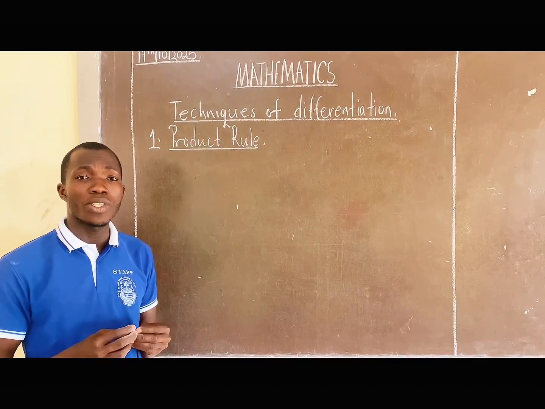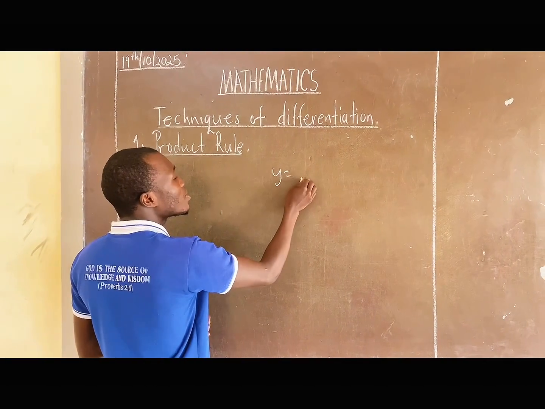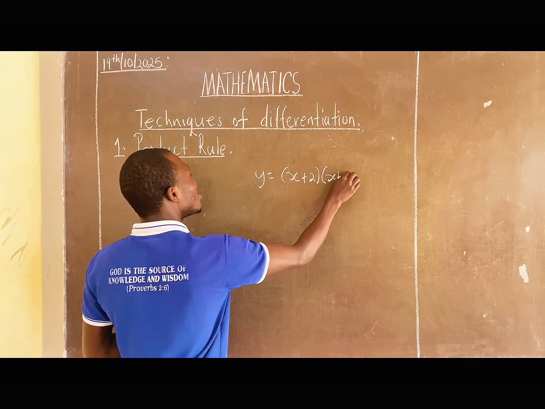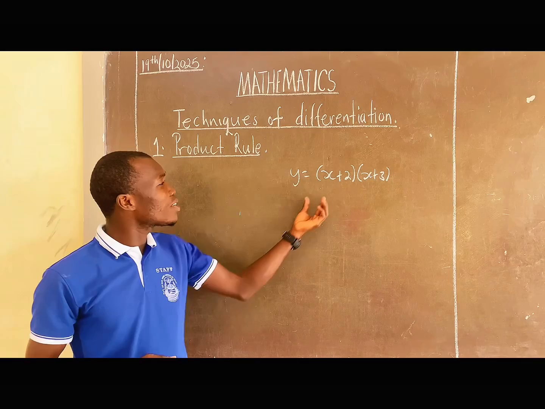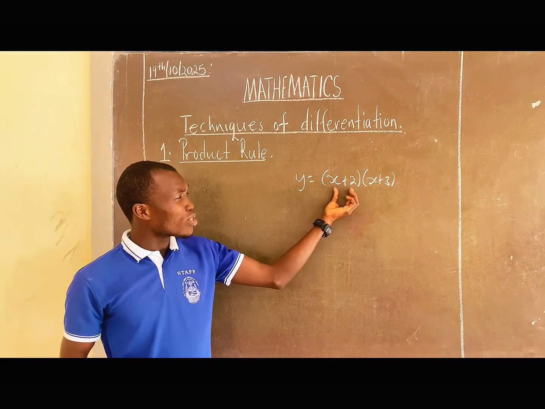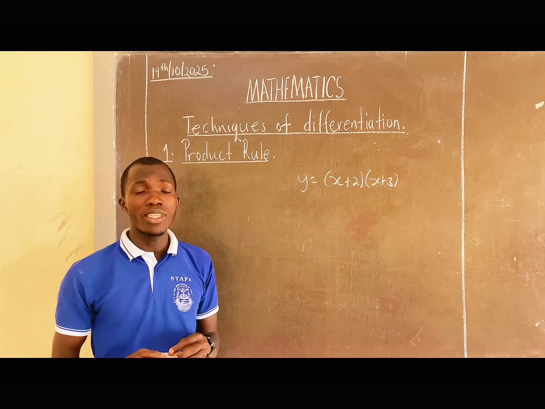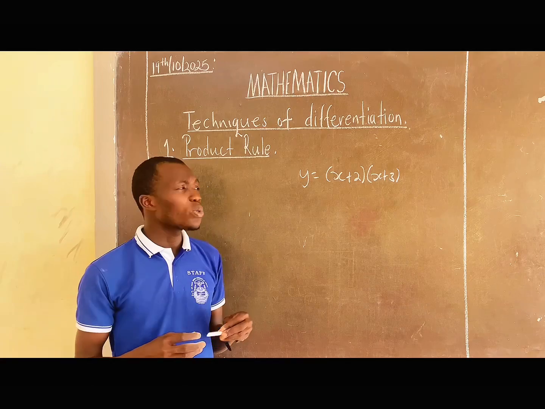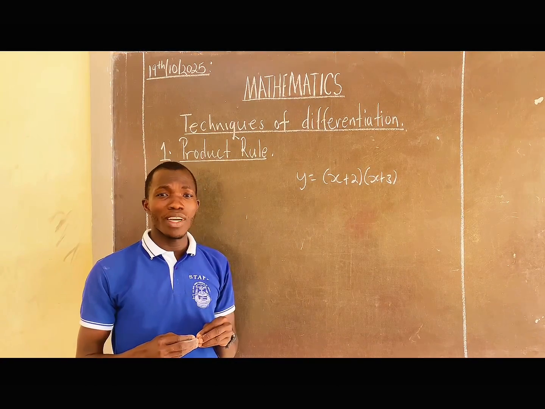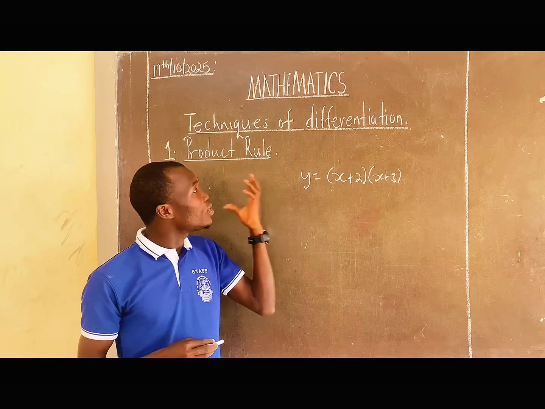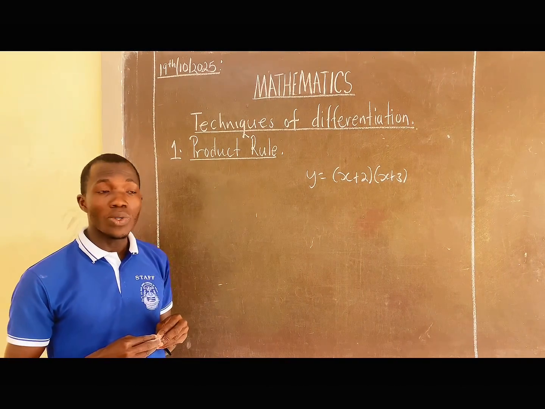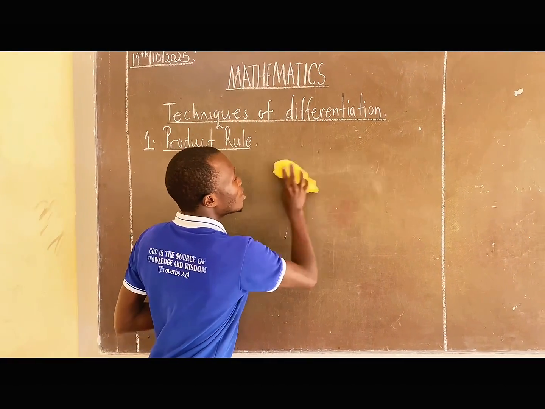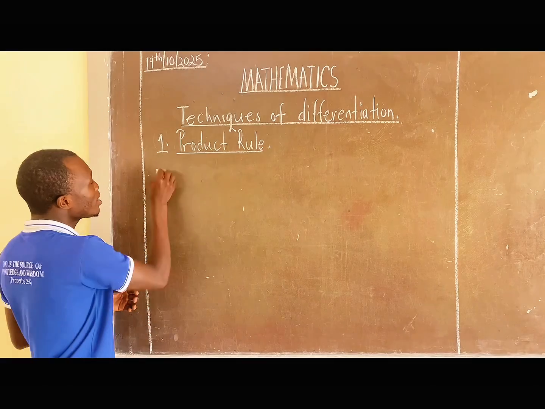Because you might have a function, say y equals (x + 2) multiplying (x + 3). So you find that this function y is a product of two different functions. How are we going to handle the differentiation here? We could open the brackets and simplify, but we can use a rule, the product rule, to handle this kind of function. So what we are going to do, we shall say, suppose